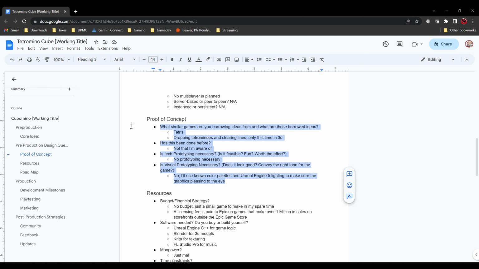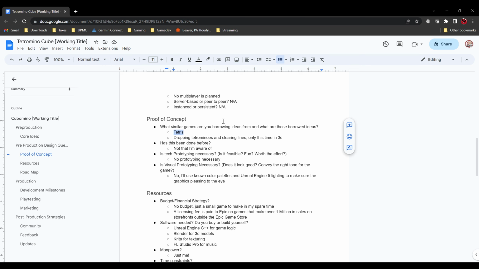Another important part about pre-production in any software is a proof of concept. And this doesn't always mean a tech demo. It might just mean, are there similar products so that there's an actual market for this? And I'm riffing on a classic. So yeah, the concept is already proven.